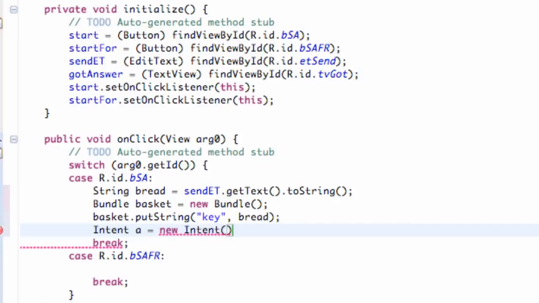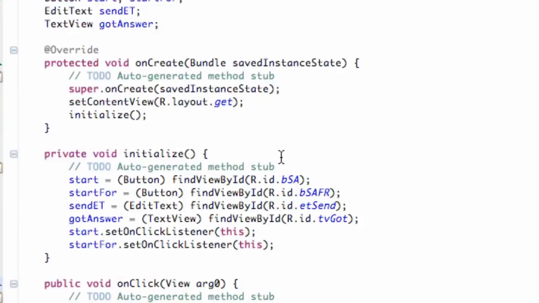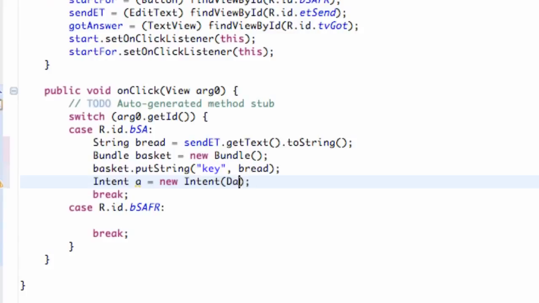But this is going to be a little bit different in parameters for the most part. So instead, we've got to give the context, and then we've got to say what class we want to open. So we're going to say the context of this class, which is called data. So we're going to say data.this, comma, and then the class name that we want to open. And so we're going to say open class